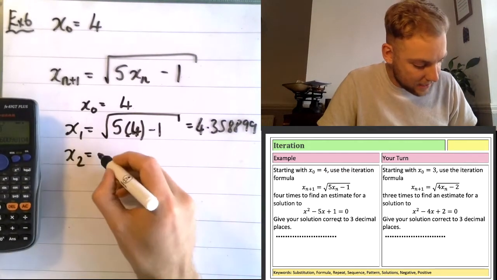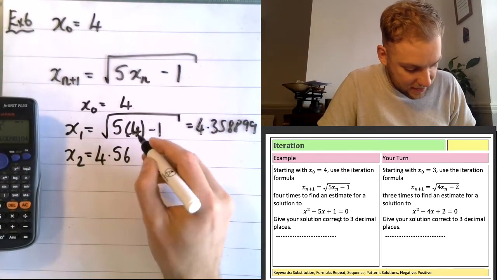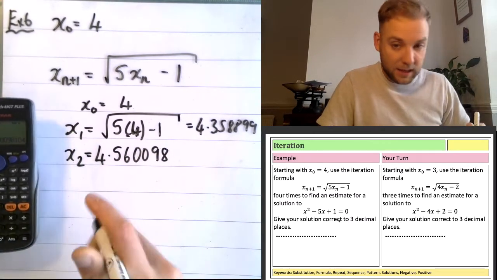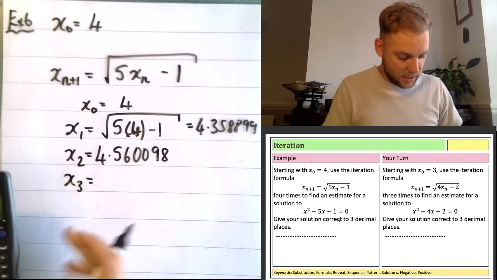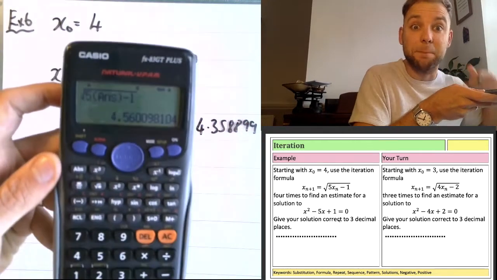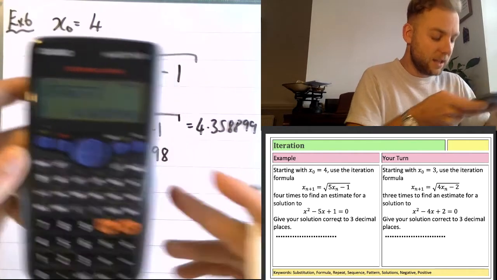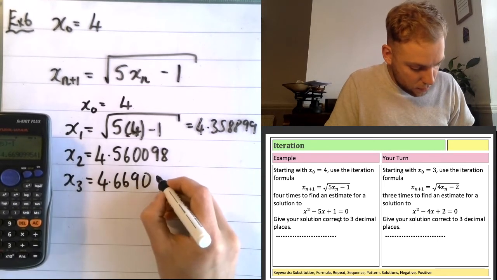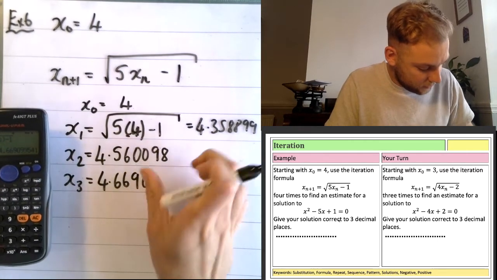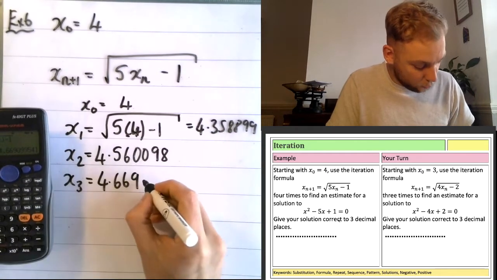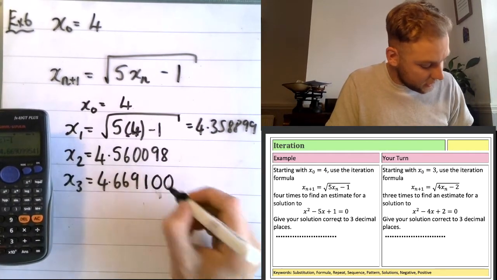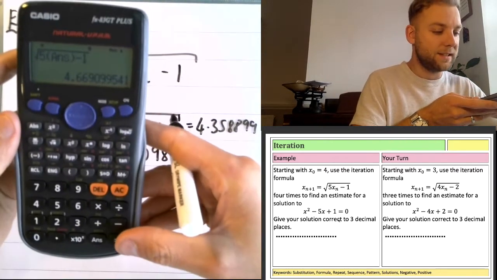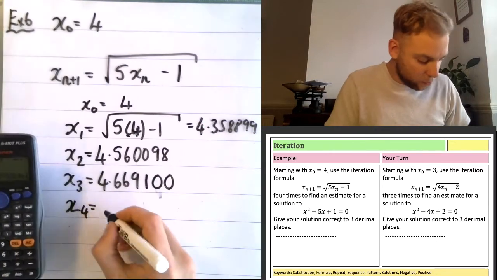So x2 is equal to 4.560098. If I want x3, I press equals again, and again it puts the answer back in there. So equals again is equal to 4.6690... It's going to be a tricky one, that one. 90. It's actually all going to round up. 100. And x of 4. So press equals one more time, and I end up with there